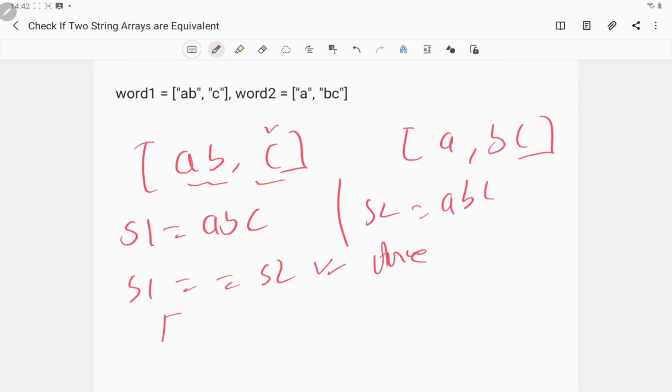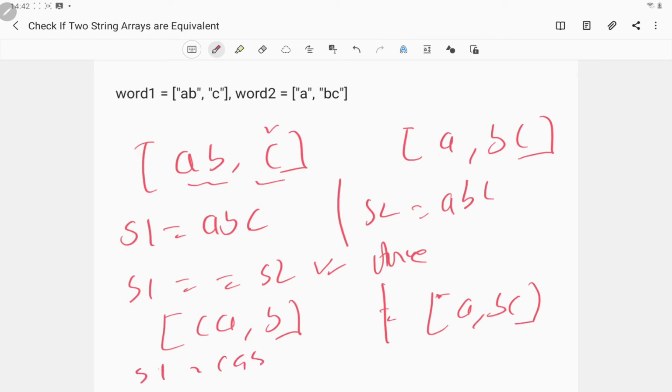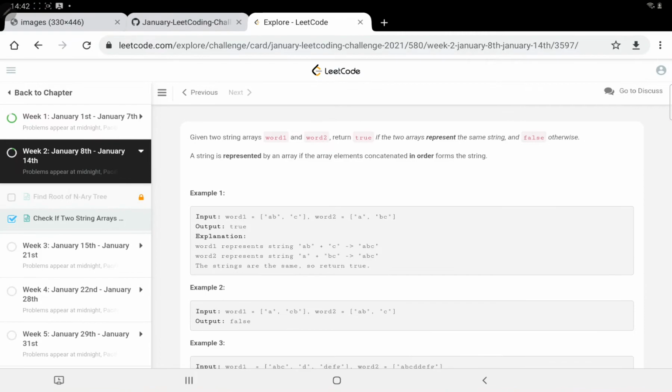And suppose in the first array you have C, A and then B, and in the second array we have A, B, C. In this case we can easily identify, right? After appending, S1 will be C, A, B and S2 will be A, B, C, right? So in this case those two are not equal, then we can return false. Okay, so using this simple approach we can easily solve it. So let's quickly see the code, that will surely give you a much better understanding.